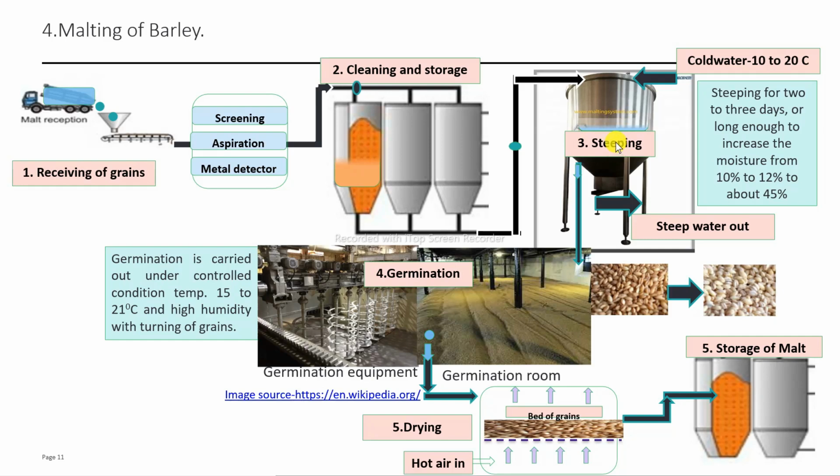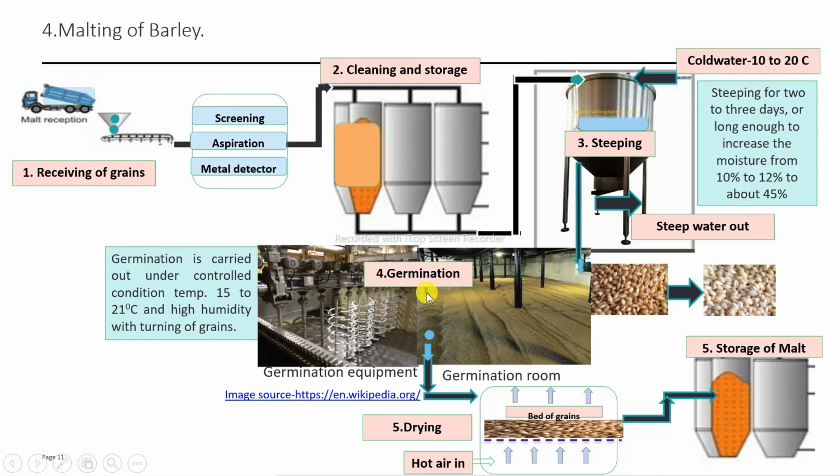The basic purpose of the steeping is to increase the moisture content of the grain to a maximum of 45%. The steeping process requires 2 to 3 days. After that, the grains are separated from the steep water. Then the grains are passed into germination, in which the germination is carried out by different